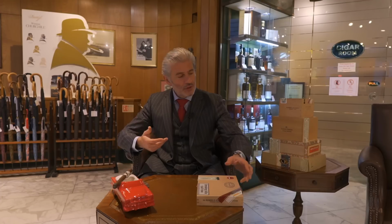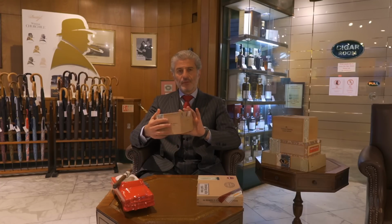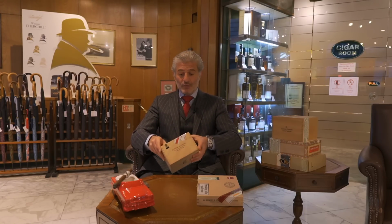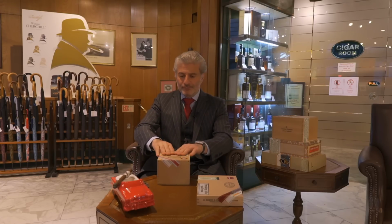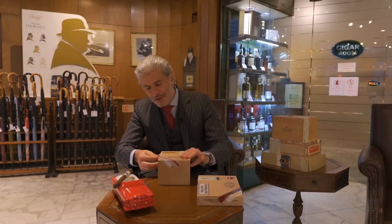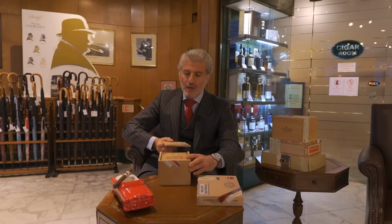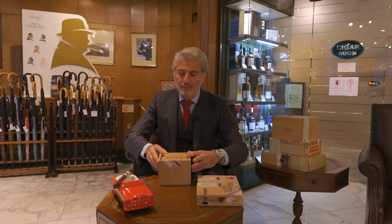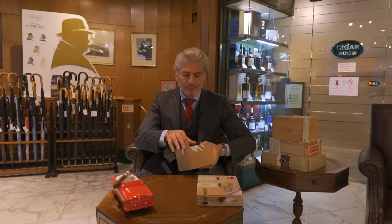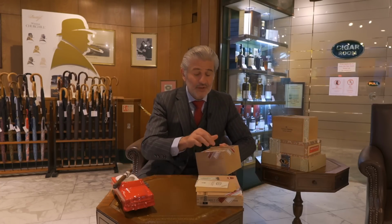The other common packaging you will get is a slide lid box, an SLB, something like this. It's called an SLB for the very simple reason that the lid slides off. They're sometimes referred to as cabinet selection. Now, many people who smoke cigars, don't necessarily collect them for too long, love SLBs. Why is that? Well, there's a simple reason. A box of 25 cigars like this